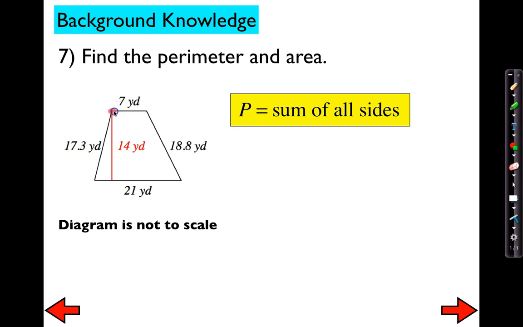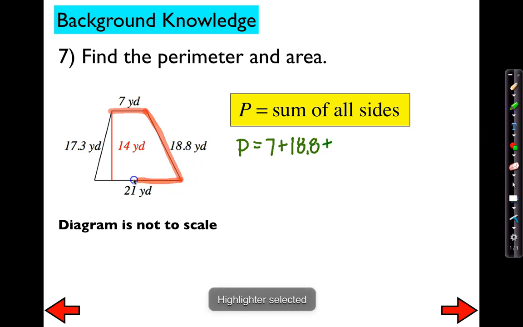If you imagine you're walking from here to here, you would have traveled 7 yards. Then from there to there, you're going to have traveled 18 8/10 yards. Still going. Now from here to here, it is 21 yards. And then last but not least, we're almost there, it's